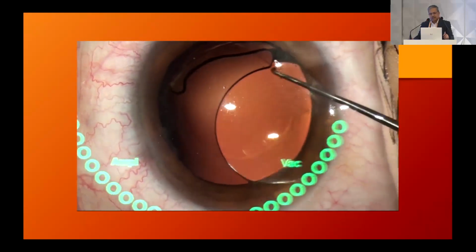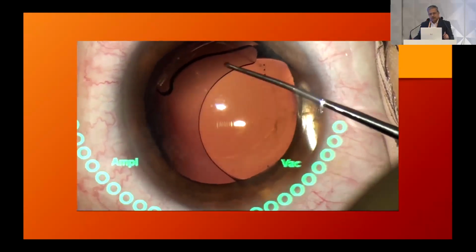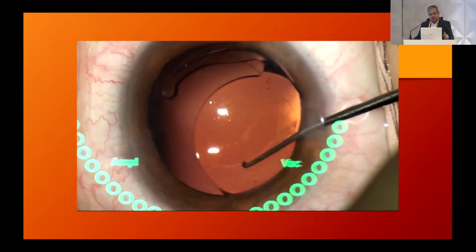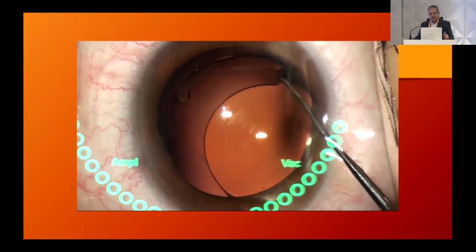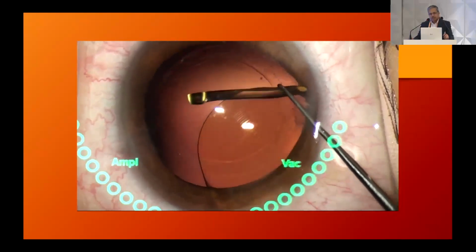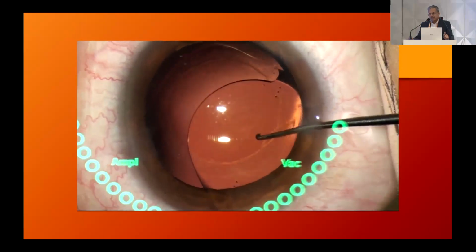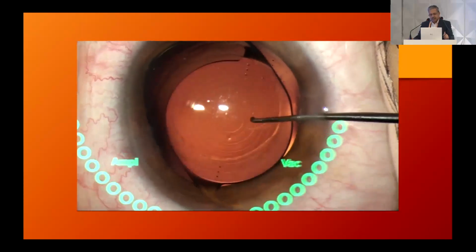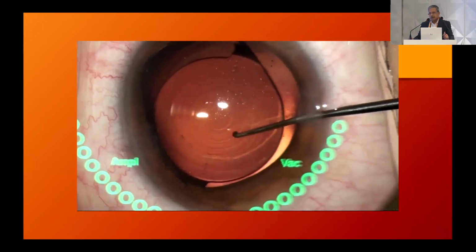Now this one will get free. Now, with a simple movement, you will have the entire lens in the anterior chamber. And once you have this, then the rest is quite easy-weasy, okay? So next thing, you pull the haptic out of the eye